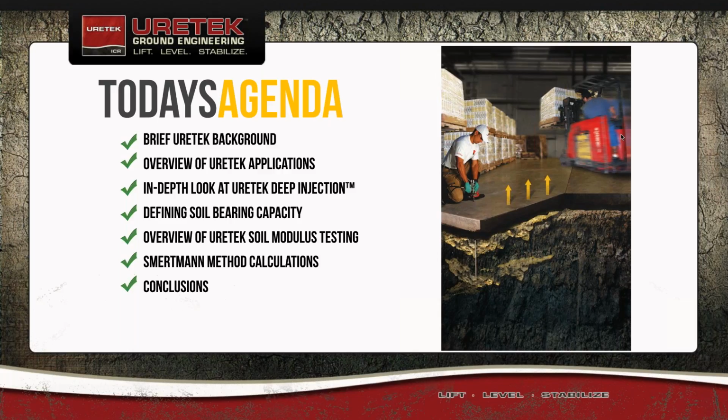Then I'm going to go in depth on some of the applications. I keep getting calls about whether we can do this or that all the time, so I'm not going to say it's all the applications, but it is some of the more major applications of the URETEK structural chemical grout. We're going to do an in-depth look at URETEK Deep Injection, which is where we inject our chemical grout, a high structural resin, deep into the soil in order to compact, infiltrate, fill voids and stabilize soils. And we have some really good projects on that. And I'm going to talk about how